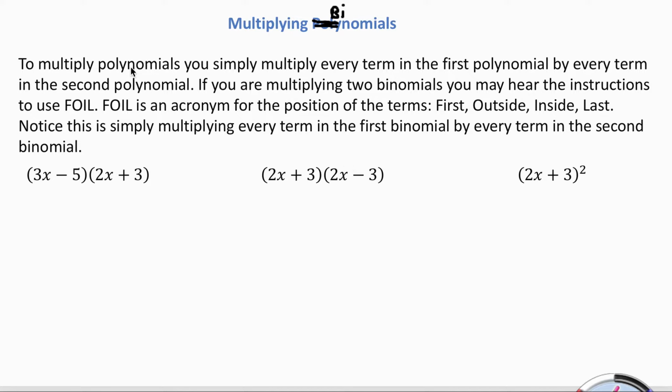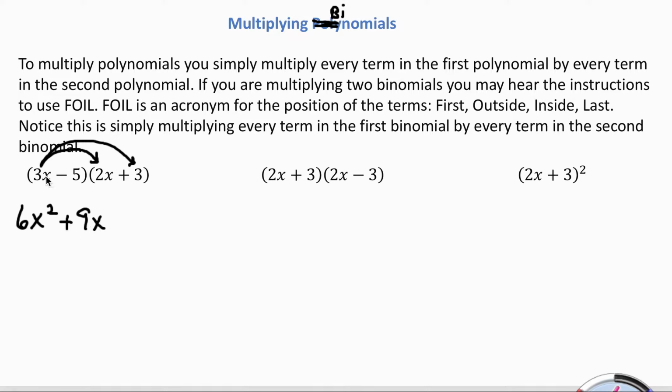To multiply polynomials, you simply multiply every term in the first polynomial by every term in the second polynomial. If I were to multiply these two polynomials, they're specifically binomials because they only have two terms. I just take this term and multiply it by both of these. So 3x times 2x is 6x squared, and then 3x times 3 is